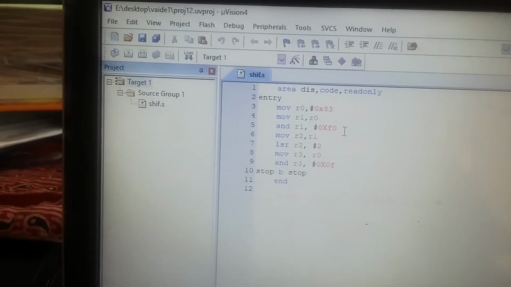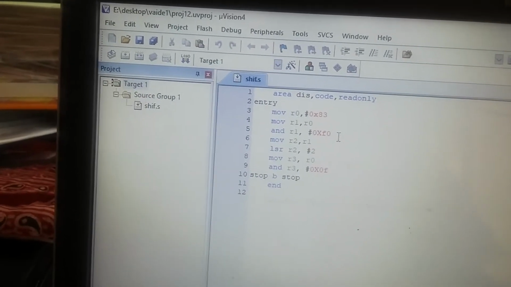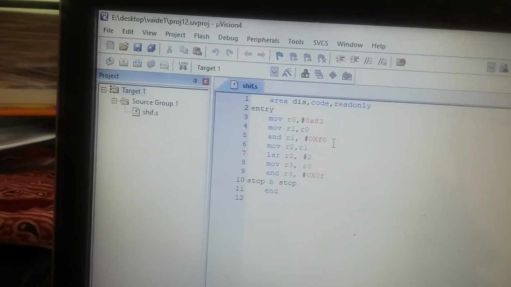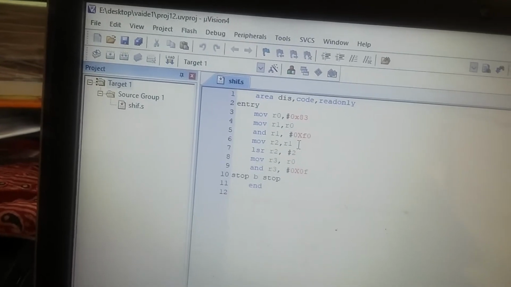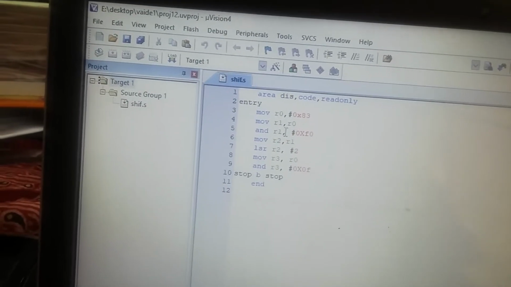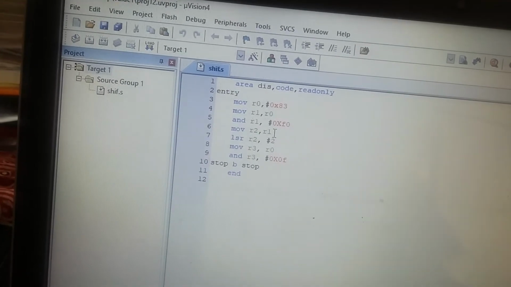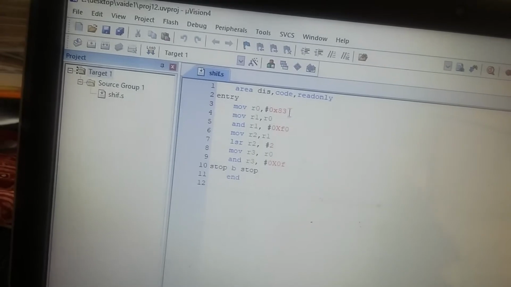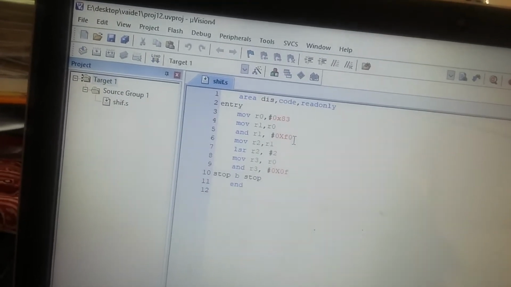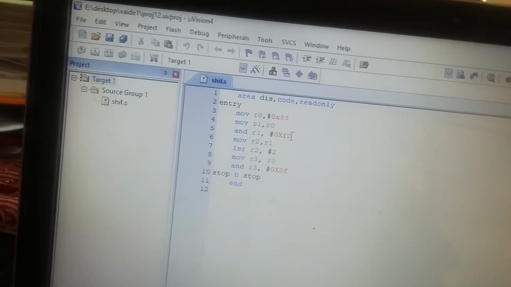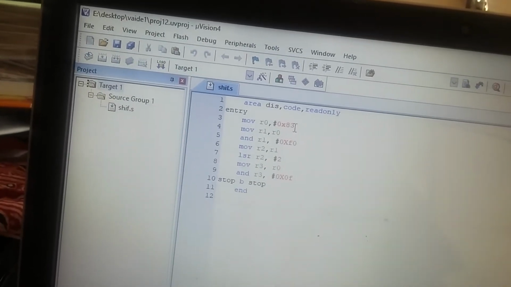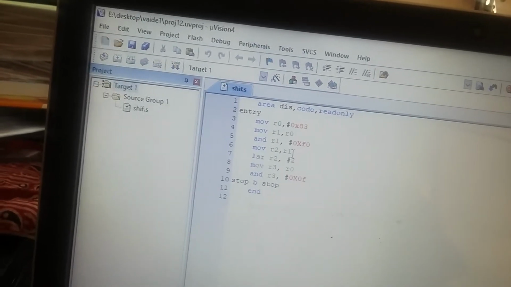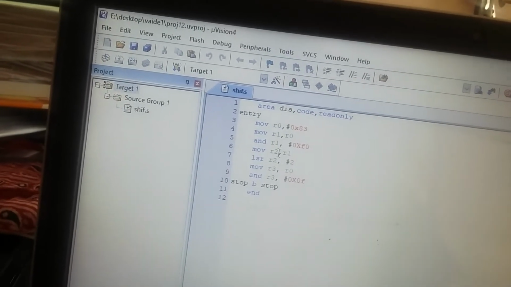F0, actually, this instruction performs the masking. So 83 ANDed with F0. Then if you look at the next instruction, the result after ANDing will be available in R1, and the result obtained in R1 would be copied to R2. If you look at the values here, it is 83 and F0. So 0 ANDed with 3. Obviously, the result would be 80. So this value which is available in R1 will be available in R2.